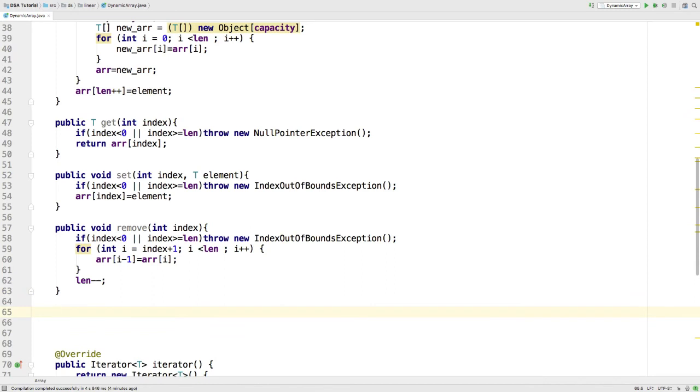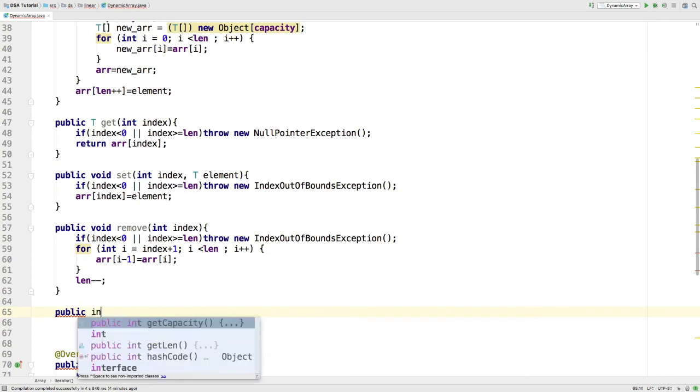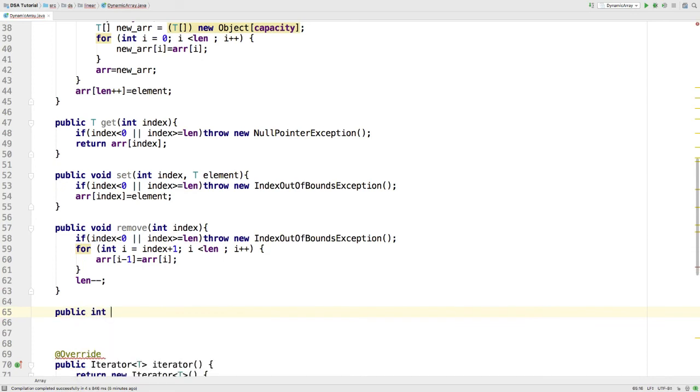Now I need a method to return the index of a particular element. So let's declare that. It will return an integer, and let's say indexOf an element.